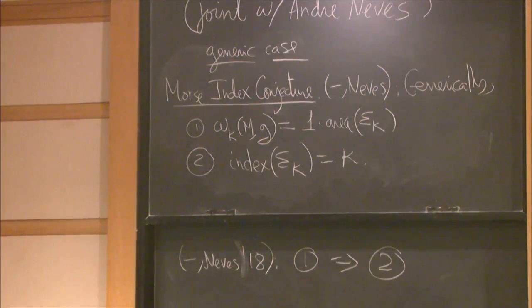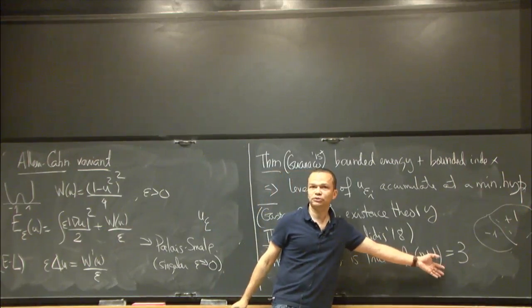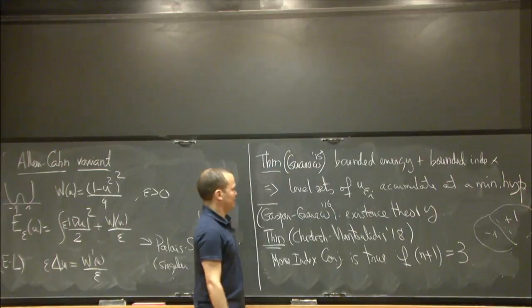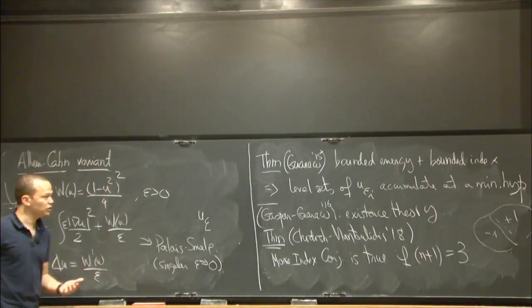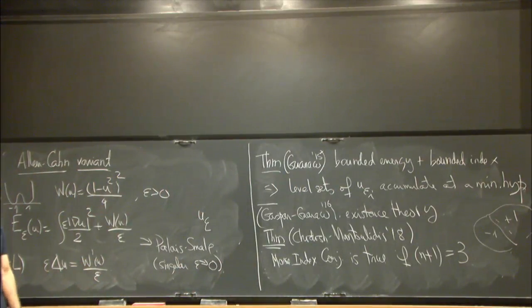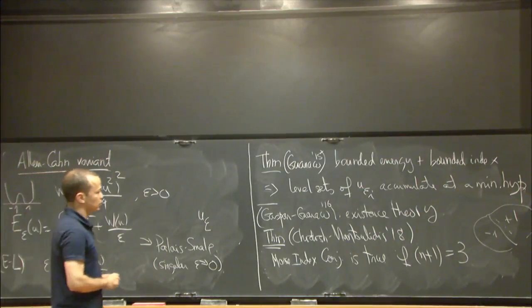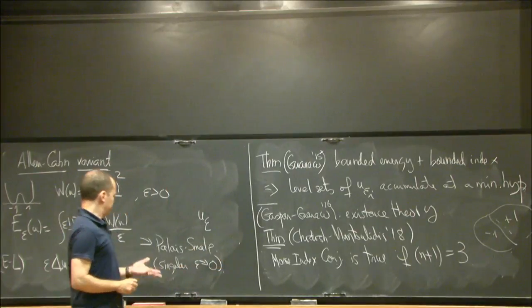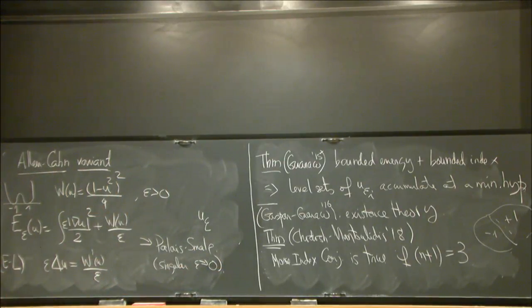I'd just like to point out that, of course, we'd like the conjecture to be true in all dimensions, certainly up to 7. And in high dimensions it should also be very interesting. How can we come up with a good definition of what the Morse index of a singular object should be? I think that's a very interesting question. So you can see there are many open questions, and we hope to make progress during this year. Thank you very much.